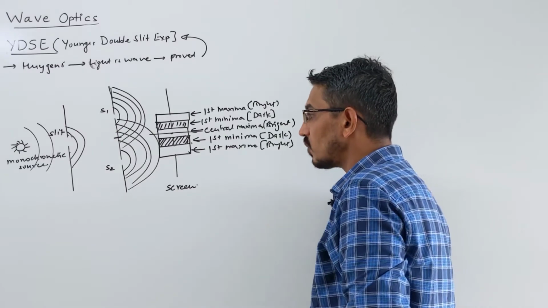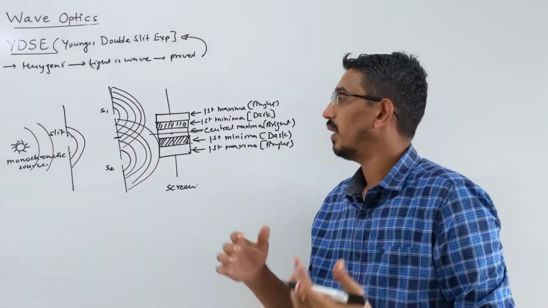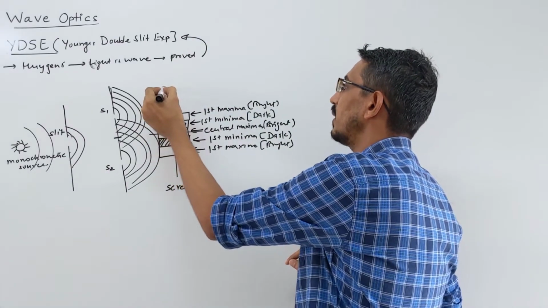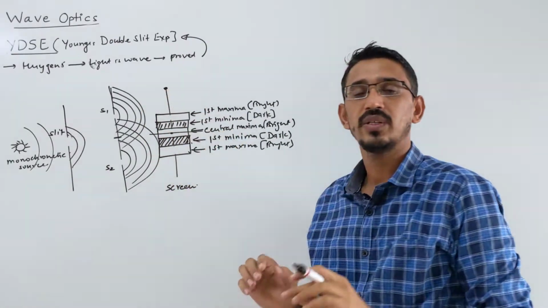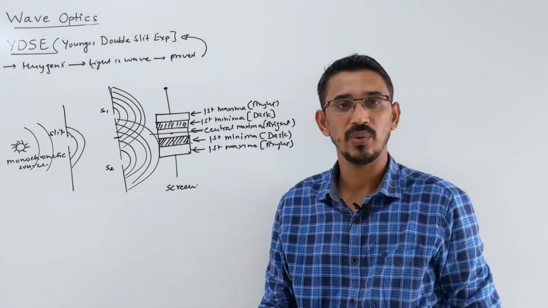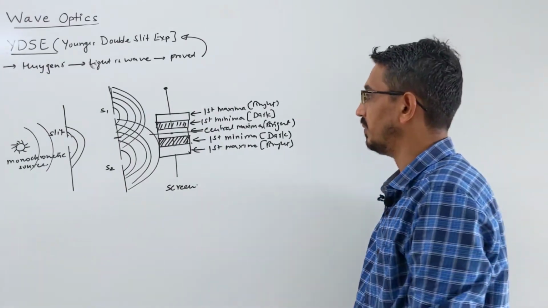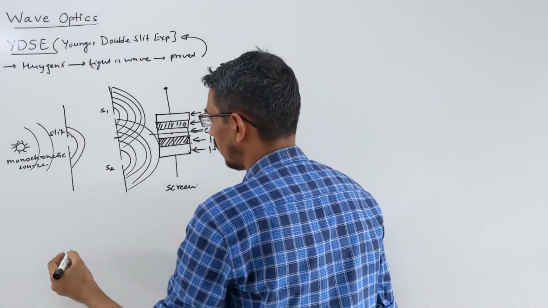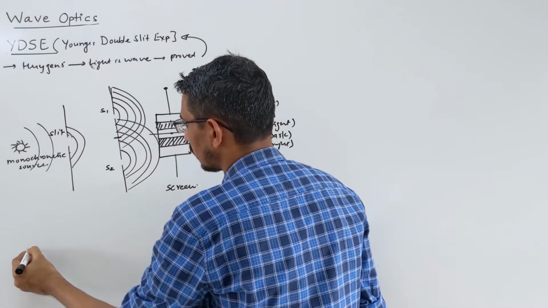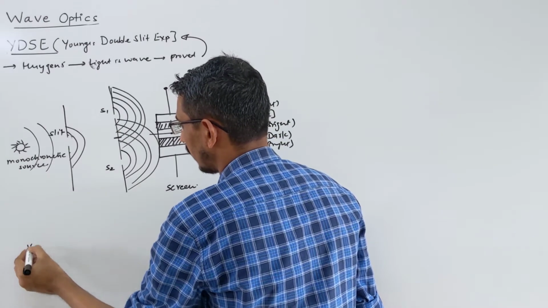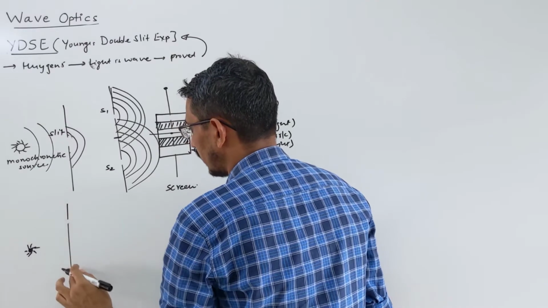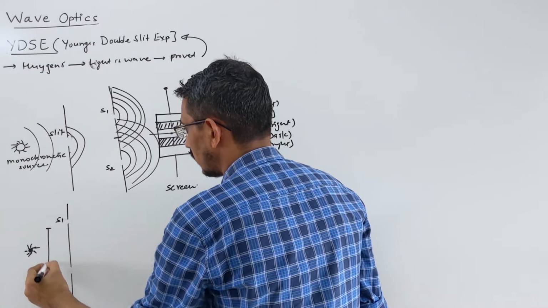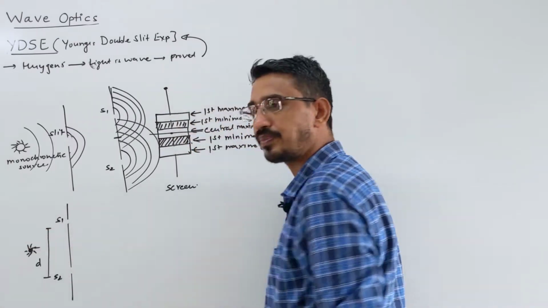Let's see. First, if you take some position here, the central fringe is already known to be bright, but if I give some point at some distance from the central fringe, then whether that fringe will be dark or bright, this we want to know. So we'll do some calculations. I'm just redrawing this picture again so that I can do calculations. This is your source again. It is split into two sources, we call this S1 and this S2. That distance let's call D.